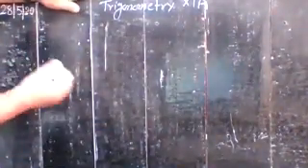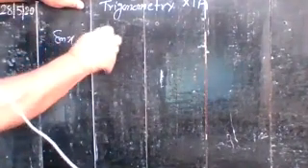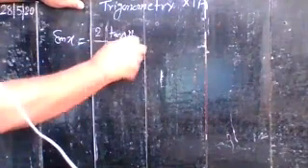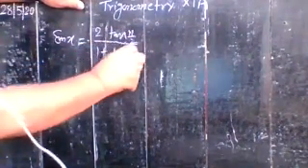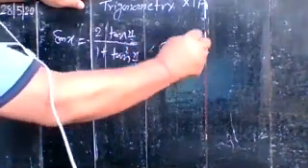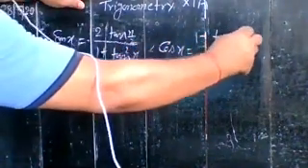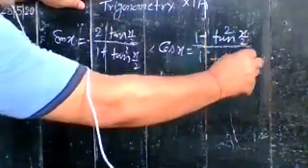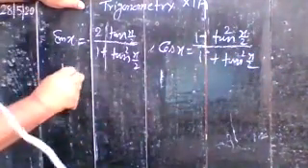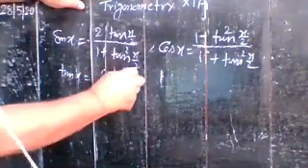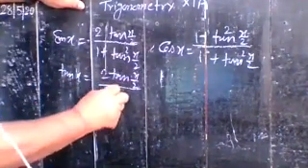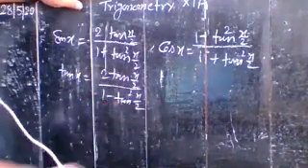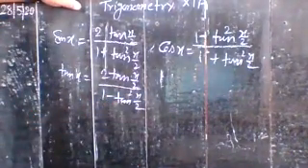So write the half angle relation for sine x and cos x in terms of tan also. So write this one also. Sine x can be written as 2 tan x by 2 upon 1 plus tan square x by 2, and cos x is equal to 1 minus tan square x by 2 upon 1 plus tan square x by 2, and tan x is equal to 2 tan x by 2 upon 1 minus tan square x by 2. Okay, so note all those things.